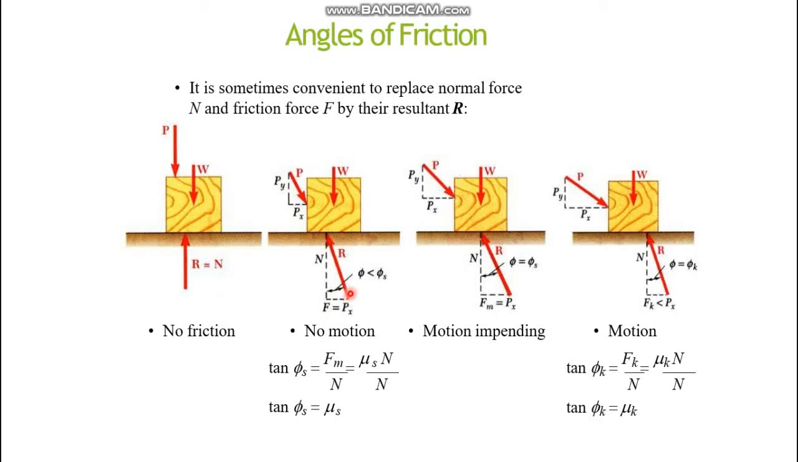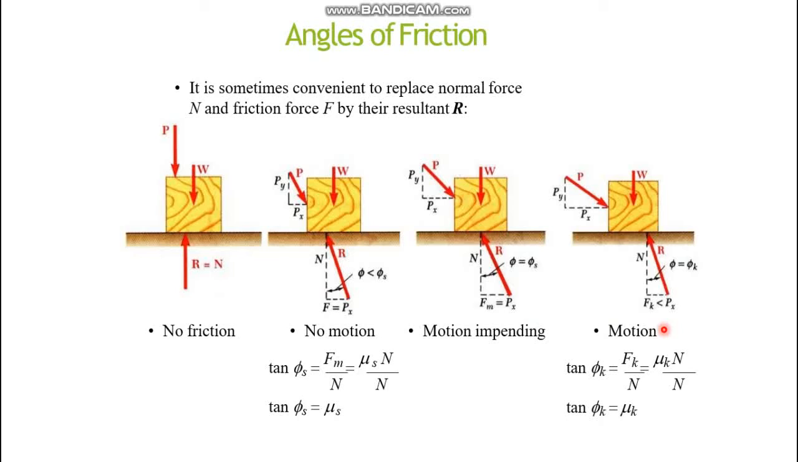In this case, if this is phi s, then this is Fm and this is N, so you can get the tan phi s value, and you can see Fm is equal to mu s into N, so N cut it down, so tan phi s is equal to mu s, okay. And in this case motion is just impending, as Fm is equal to Px, and in this case